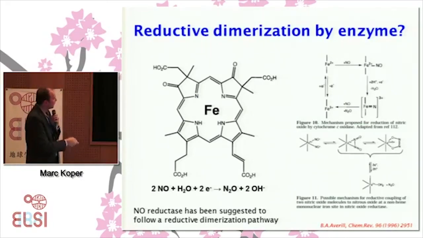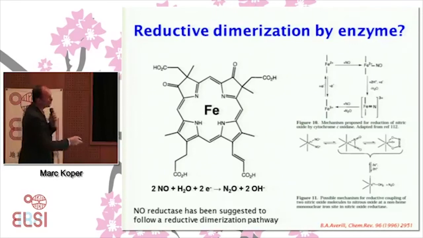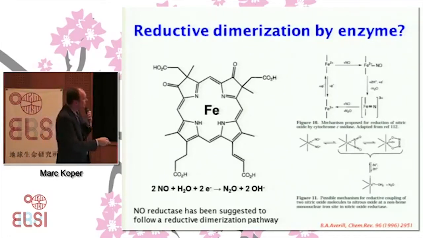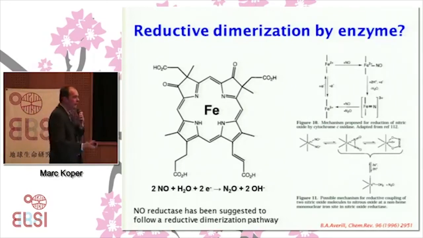Nitric oxide reductase is an enzyme that catalyzes the reduction of NO to nitrous oxide. And there are various mechanisms for this. I am not up to date about the mechanisms. As you can see, this is a very old paper. But one of the suggestions in this paper is that this enzyme catalyzes the reduction of NO by the formation of this NO dimer. And only after the formation of the NO dimer, you break the NO bond